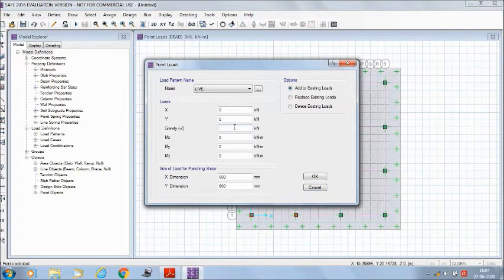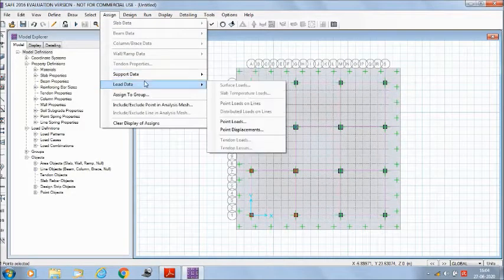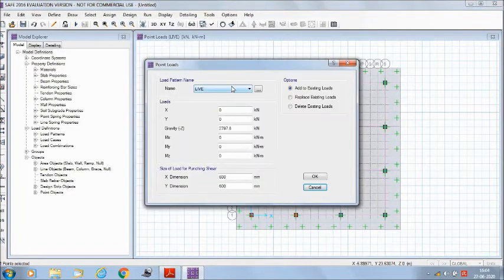The live load is 2797.8 for column 6. Now we will go to column 7. The dimension will be 600 mm into 600 mm. The dead load is 4977.2